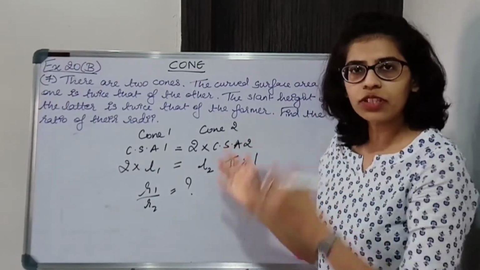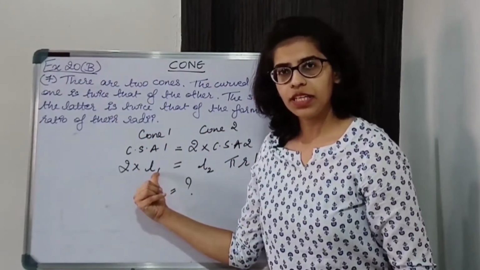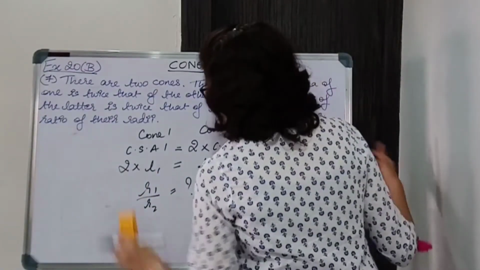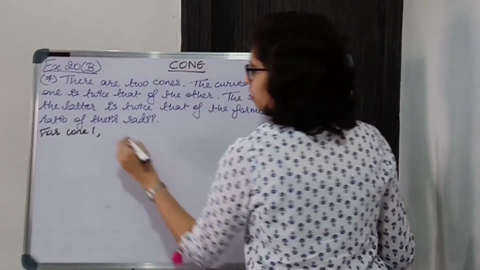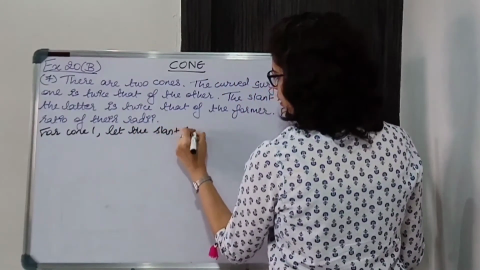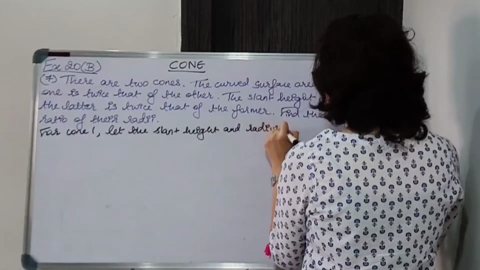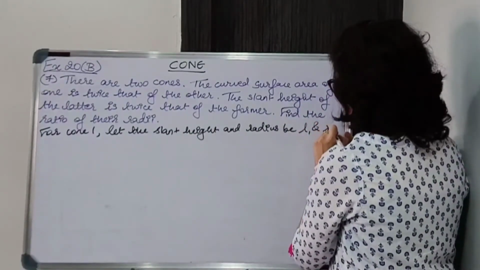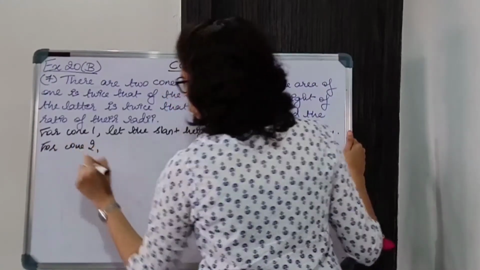So we'll write down the data first. ठीक है, statement लिखना पड़ेगा. For cone 1, the slant height be L1 and the radius be R1. Okay. So for cone 1, let the slant height and radius be L1 and R1. ठीक है, and same thing for cone 2. So for cone 2,